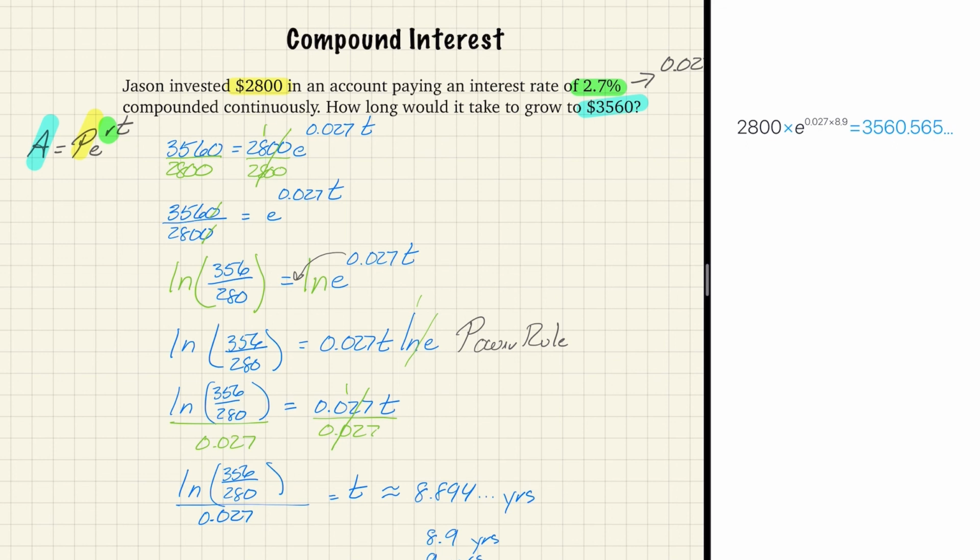If by chance it asked us to round to the nearest whole year, we have 2800 times e raised to the 0.027, okay, let's do it, times 9. So you can see here that if it's rounded to the nearest year, we actually make $10 more than we do if we keep it down to the